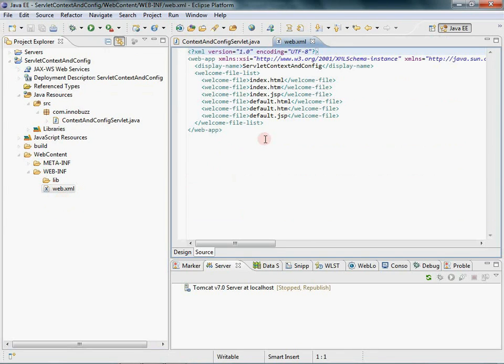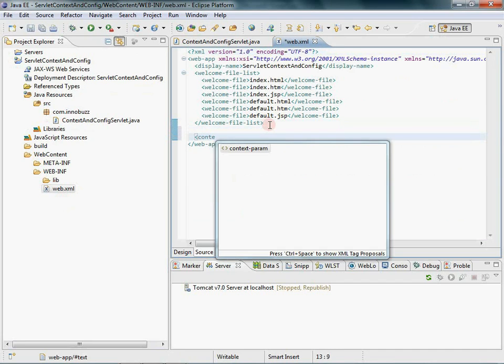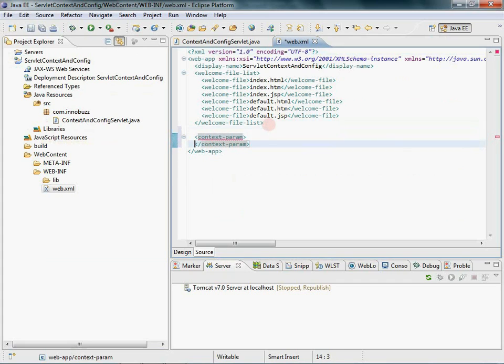Now to see how ServletContext works, we need to first define some context name-value pairs. For that, go to the web.xml which was created earlier. There is a context-param tag, inside which you need to give param-name and param-value. So for name, let's give